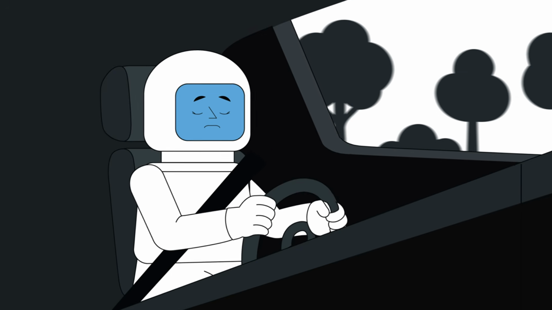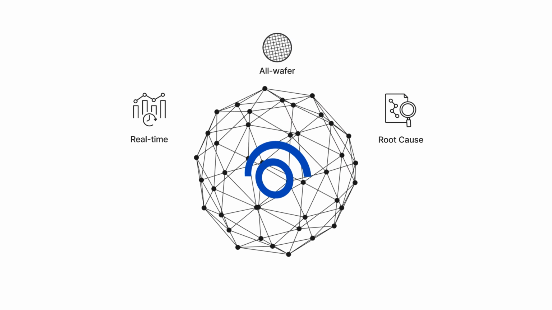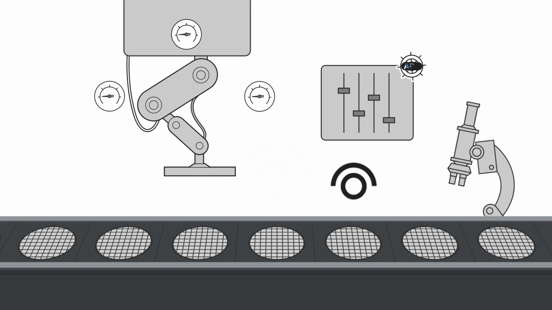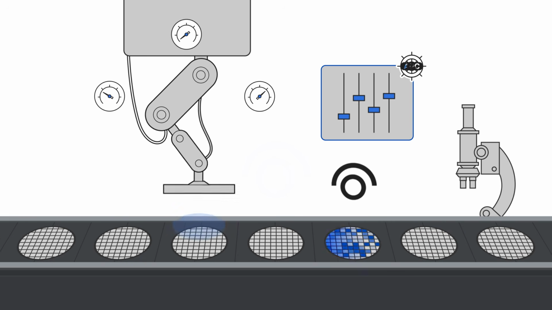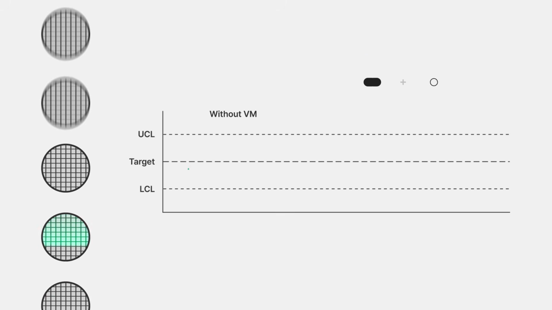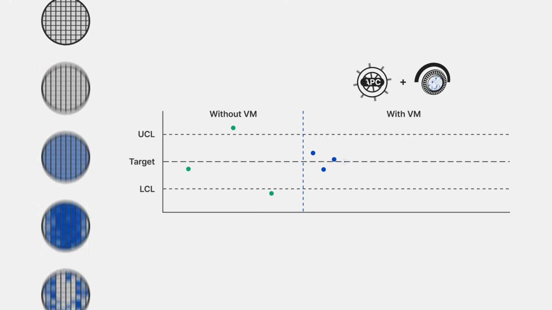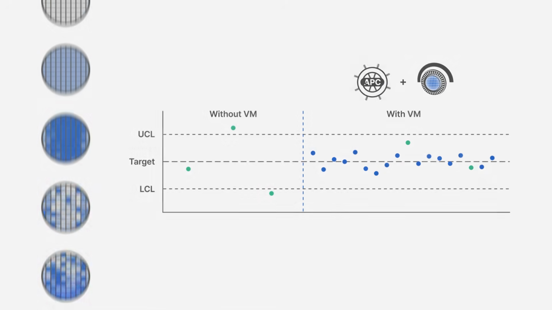It is similar to driving with one's eyes closed and opening them only once in a while. The APC systems can overcome these limitations with Panoptes VM. Real-time all-wafer VM data with root causes enables APC systems to better control yield-critical process variables. In fact, APC systems equipped with Panoptes VM can improve process variability and process capability index, or CPK, even leading